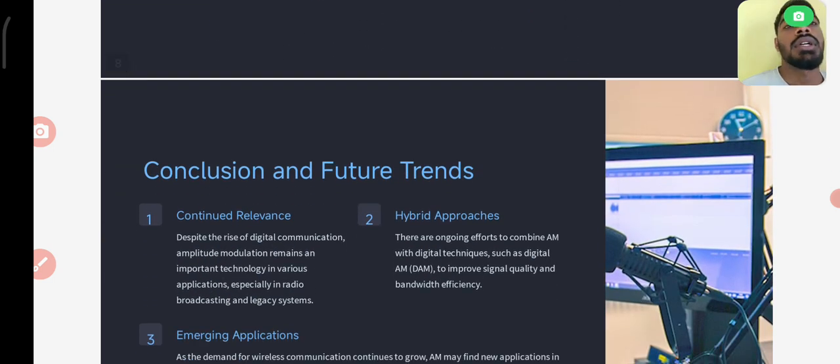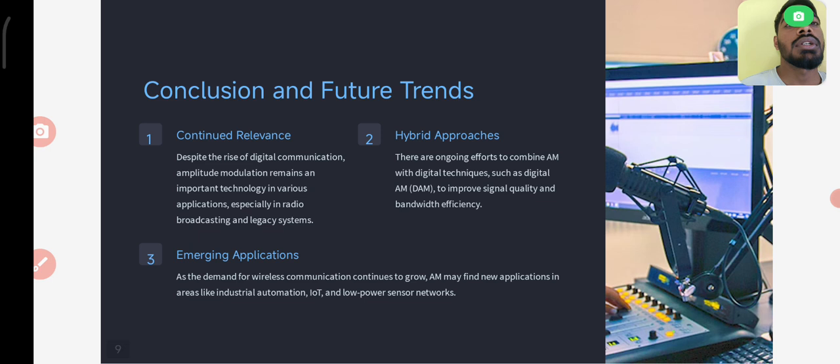Next, conclusion and future trends: continued resilience, hybrid opportunities, and emergency applications. First, despite the rise of digital communication, amplitude modulation remains an important technique in various applications, especially in radio broadcast and aviation systems. Second, hybrid opportunities. There are ongoing efforts to combine amplitude modulation with digital techniques such as